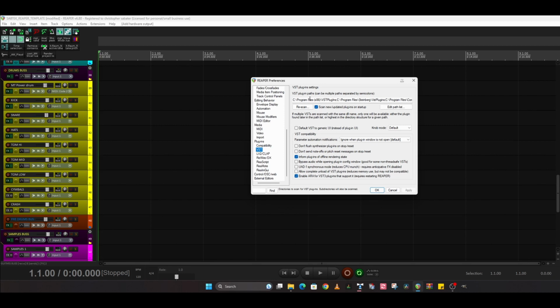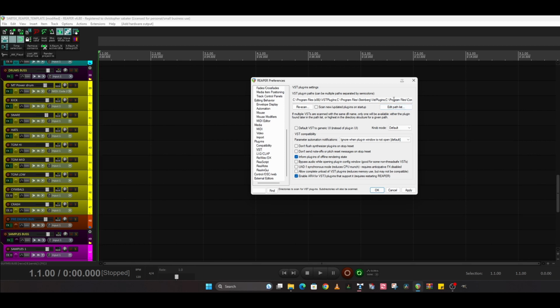Now if you do not see your folder or direction to where your plugins are installed, mine are installed to a new area. It's not under Steinberg VST plugins, which is how it comes standard. I've created a folder for my VST plugins, and that is up to you. But if you do want to do that, then you need to left click on edit path list and then add a path, and then it will come up to where that path you want to add, and then you can take it from there, and then make sure that all your VST plugins are in that folder so that